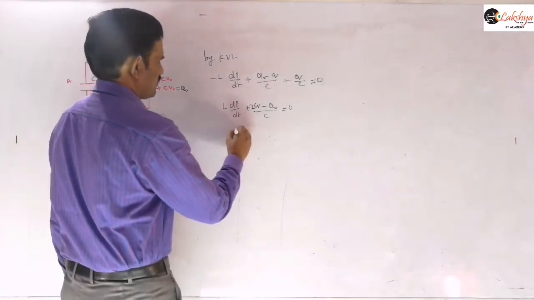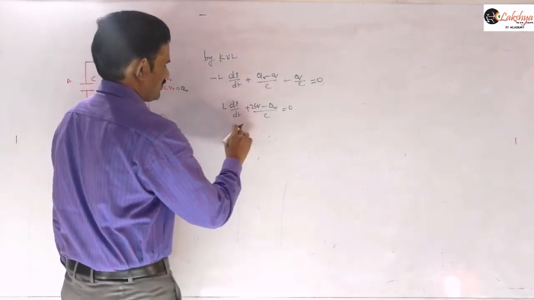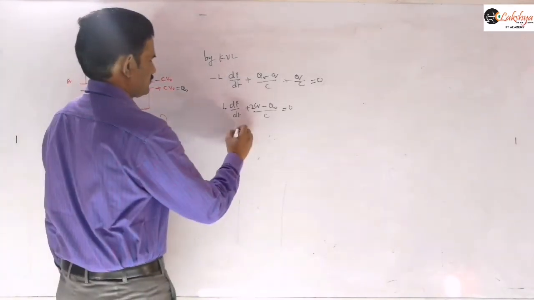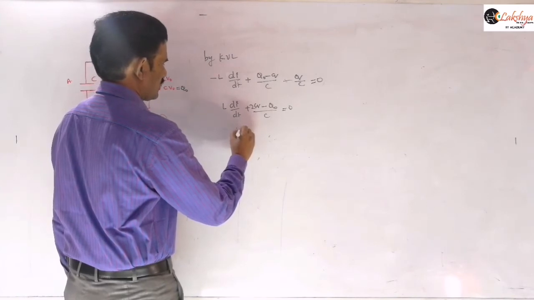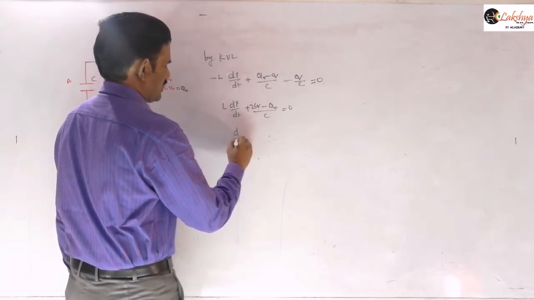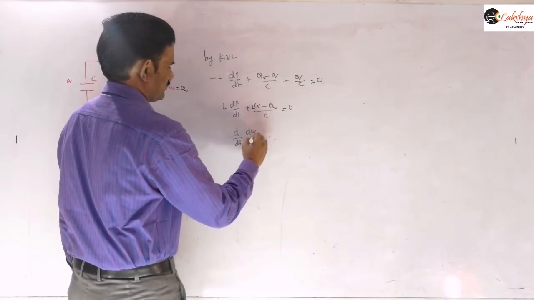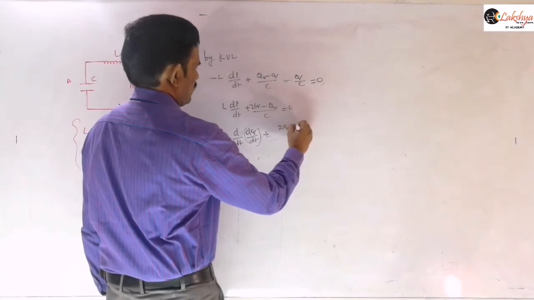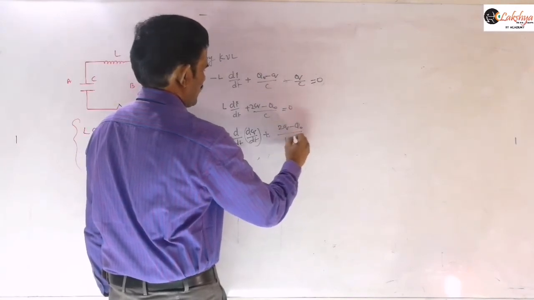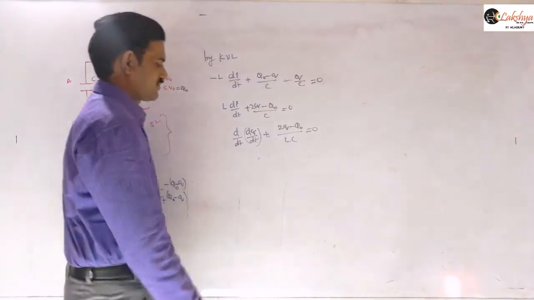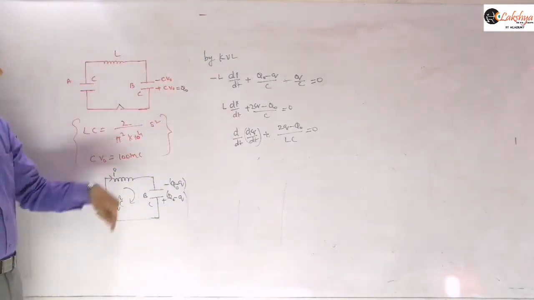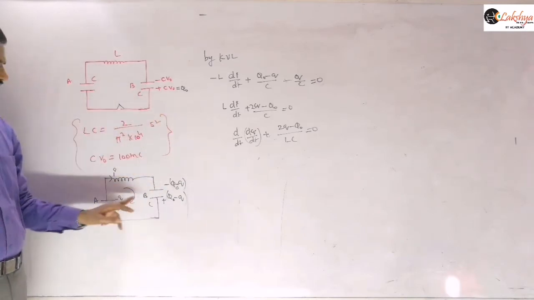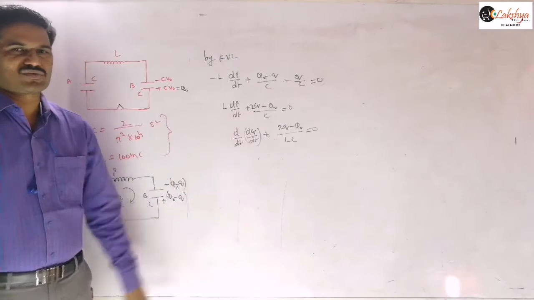And so this equation we can write as, if you are writing in comparison form, d by dt of dq by dt plus (2q minus q naught) by LC is equal to 0 you will get. So now dq by dt we are taking as I, that q is positive, it is increasing only. Initially this q is 0, right? I am not taking the negative sign here, right?